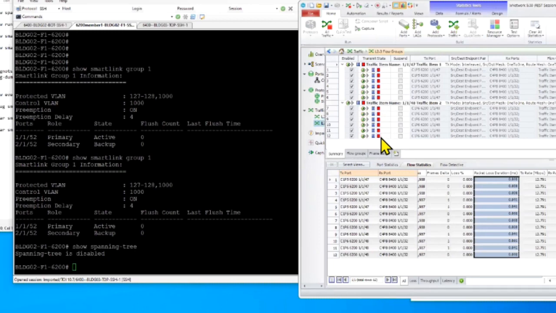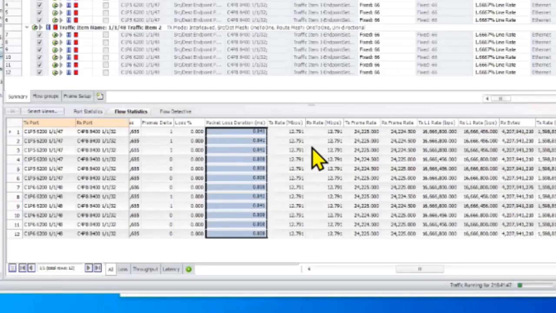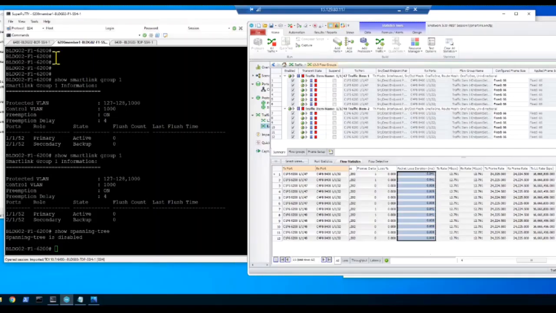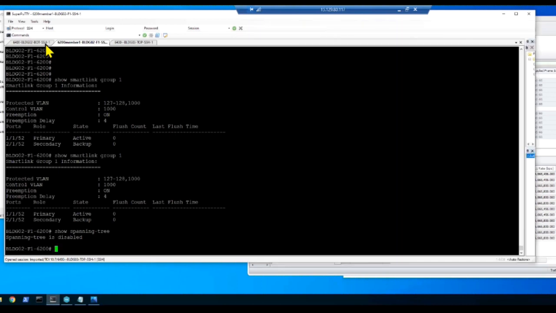Okay, this is more of a solution demo. Remember, I'm not here just to show you the loss. It's about showing you the solution. So this is not showing at scale. If you want to scale it, then we've got figures that are coming out shortly. So I've got traffic being transmitted at about 13 megs per stream and being received. I've got no packet loss here, and the figure we're interested in is the packet loss duration when I make a failure. So let me go up to this switch